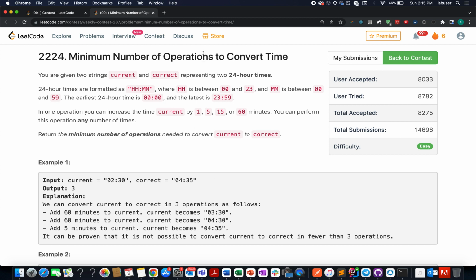Here comes the first question of the contest: Minimum number of operations to convert time. We are given two times, the current time and the correct time. We have to identify the minimum number of operations needed to update the current time into the correct time. Both times are given in 24 hours format. In each operation, you can increase the current time by 1, 5, 15 or 60 minutes. We need to count the minimum number of operations needed to convert the current time